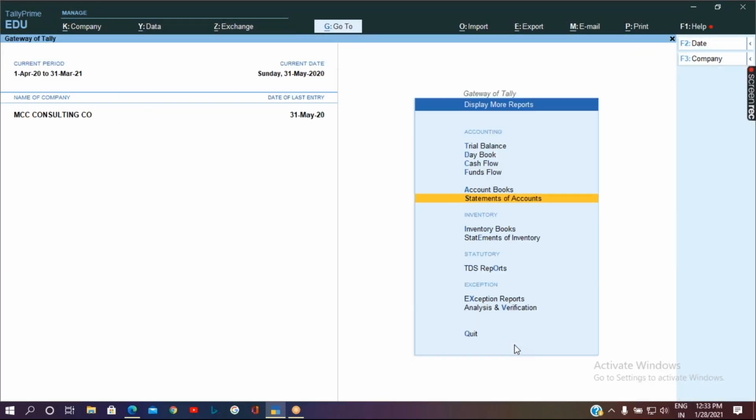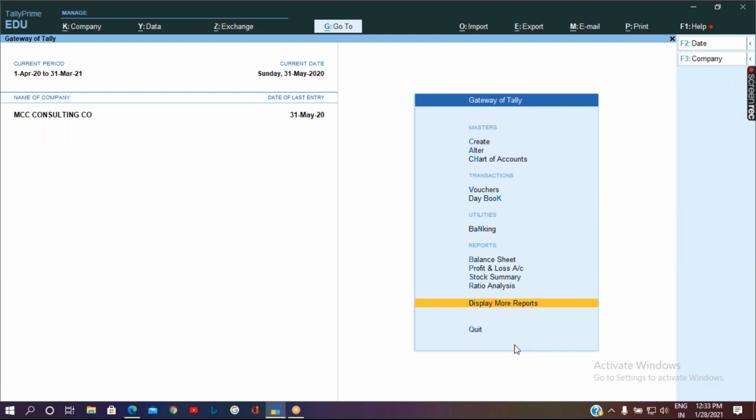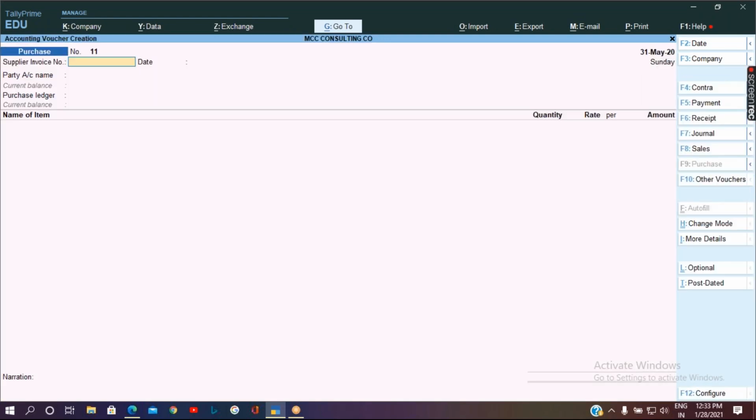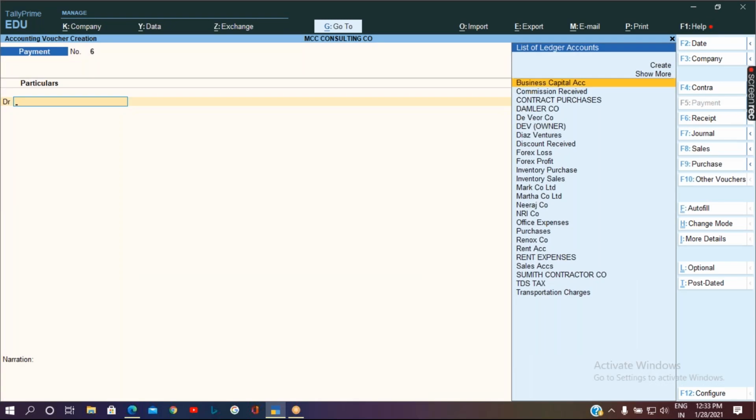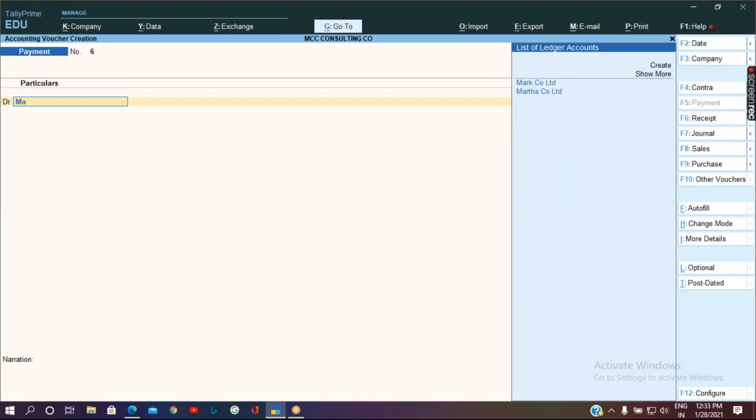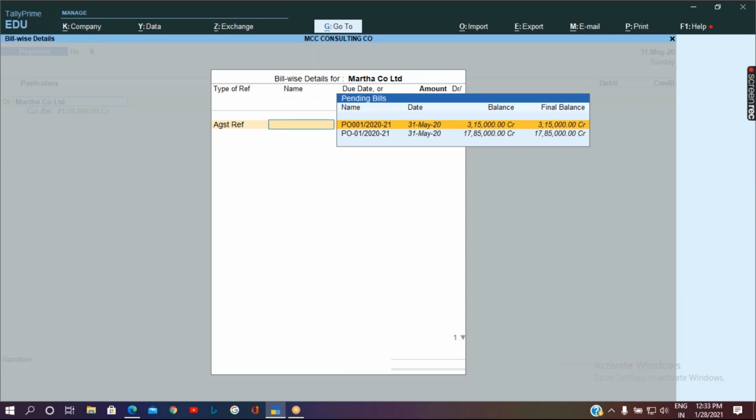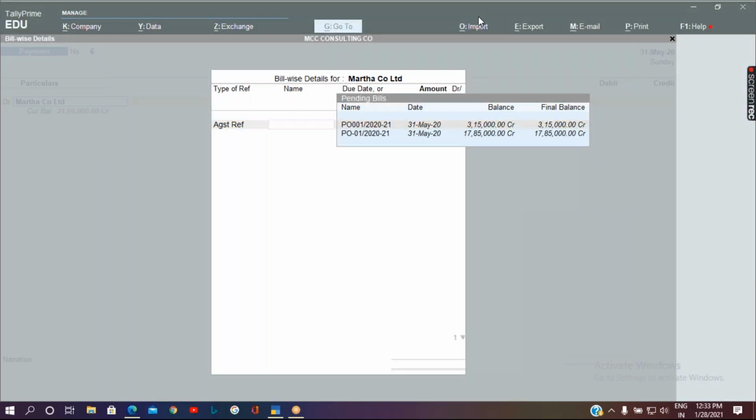So while passing the payment entry, you will be able to see both the reference numbers. When we take the party against reference, you will have both the references. Now, this is in the situation when you want the replacement.